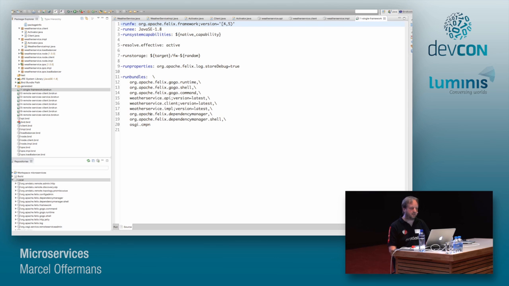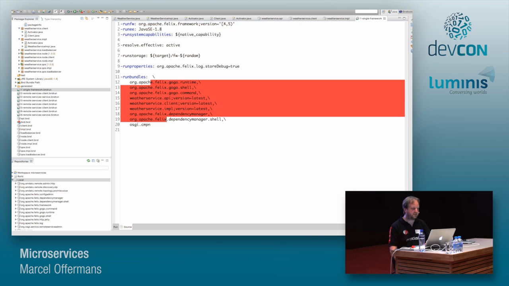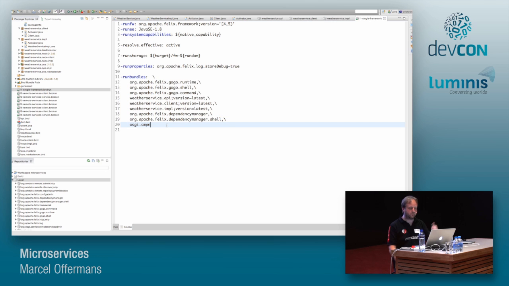It basically tells Java to run an OSGi framework on Java 8. It has some definitions on where to keep a cache. It has some logging parameters, so we can get some logging going. And here's just a simple list of all the different bundles that we're going to run as part of this application.